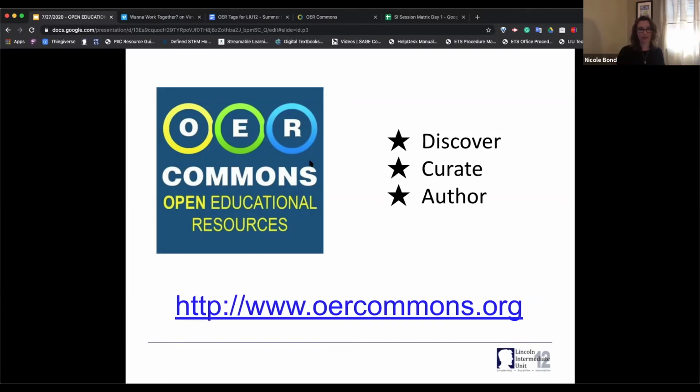One of the things I like to call attention to with OER Commons is the fact that everything on here is free. It's kind of a free share-all, is what I feel like. Unlike some other resources, like Teachers Pay Teachers, which a lot of educators go towards when looking for resources, OER Commons is different because it's free and built for that freedom of sharing. A lot of the materials are vetted. They make sure the Creative Commons license is correct. There is an evaluative component where you can evaluate the resources and give feedback. They're also standards aligned, a lot of them. It's pretty open, but I like a lot of that freedom.